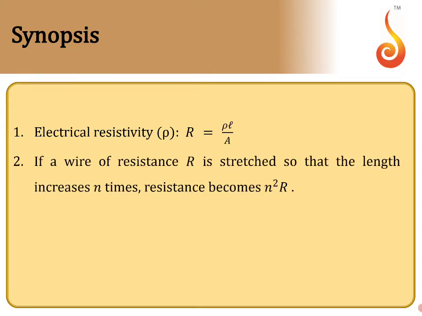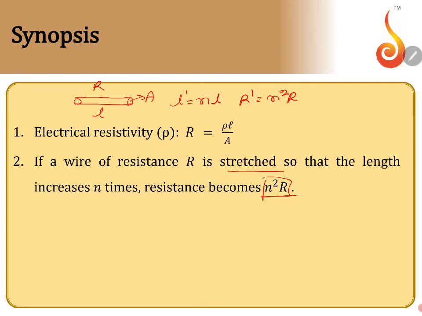So the first concept that we have to learn is the electrical resistance. Electrical resistance andre it is the opposition offered by the material towards the flow of the current. So on the given wire tagolona, let us say its area of cross section is A and length is L. Okay, so the resistance is R anta ankolona. Suppose if it is stretched in such a way that the new length of this wire becomes N times its old length, then the new resistance will be equal to N square times the old resistance.